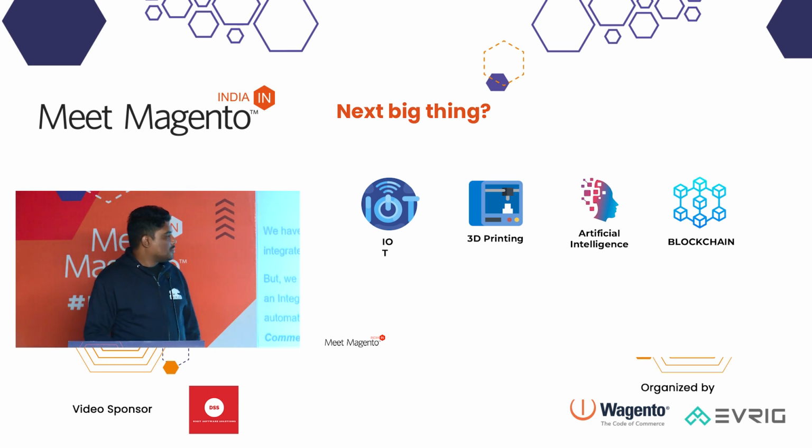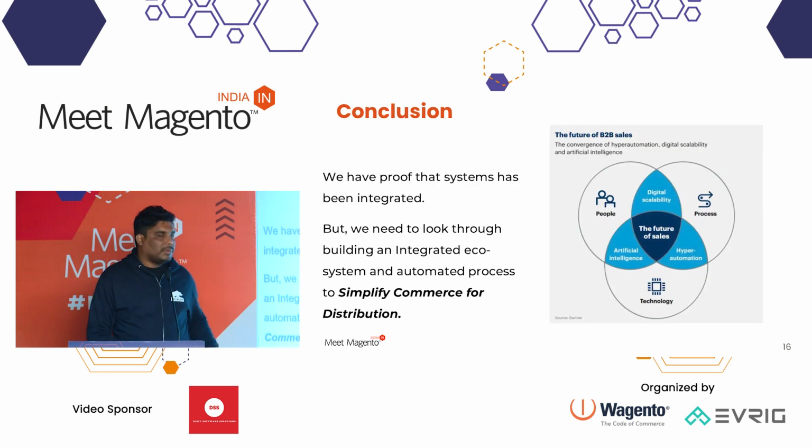We have proof that the system has been integrated, but even when we integrate everything, if you're not handling the data properly, it's not very useful. So make sure you train the team. Once implemented, you don't just leave it. You train the team and make sure they understand how the system works, and then based on that we can continue to work and help them simplify commerce. Do you guys have any questions on this?